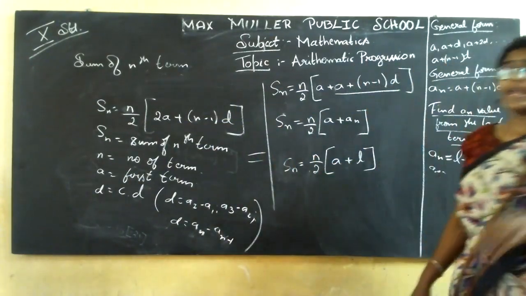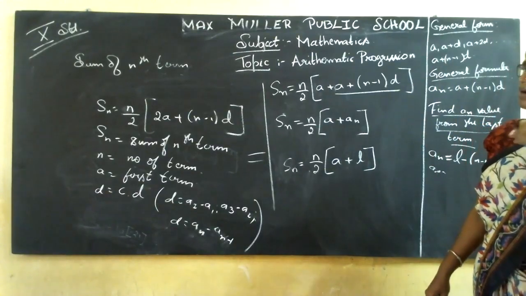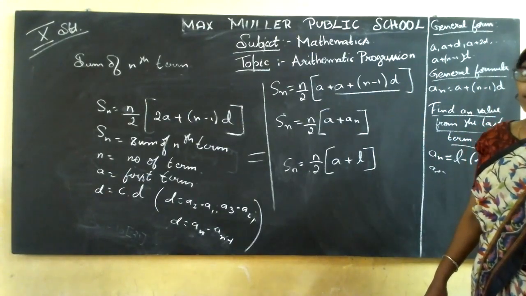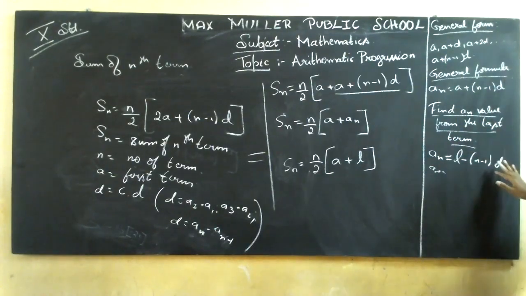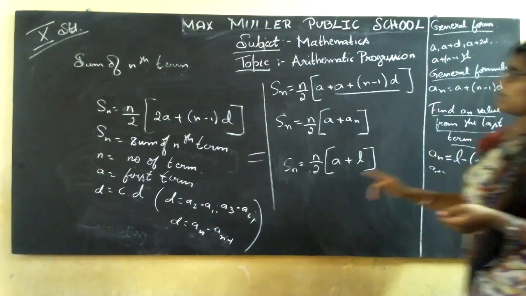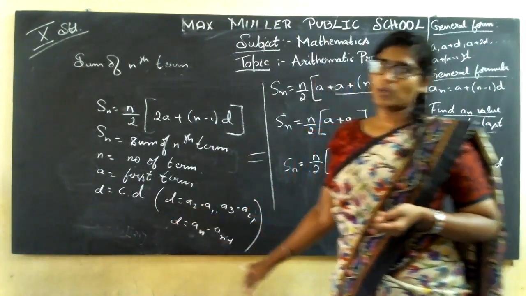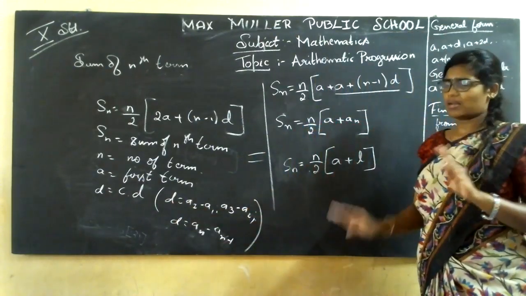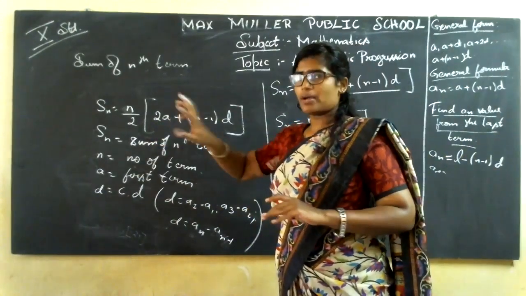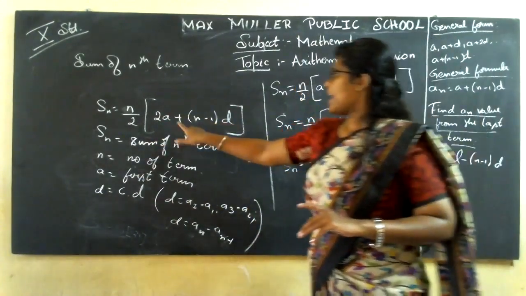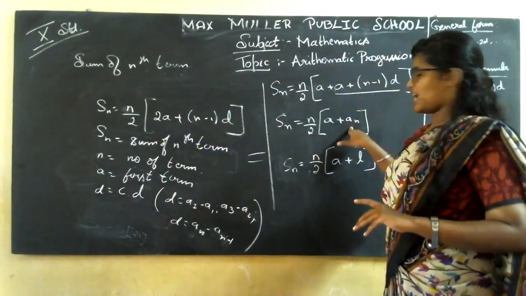How to remember, ma'am, all these three formulas? Formulas are only a headache. First, remember these things. Remember one formula: Sn is equal to n by 2, 2a plus n minus 1 into d. Now, if you split this 2a, you get a and a. Correct? A plus n minus 1 into d is an.